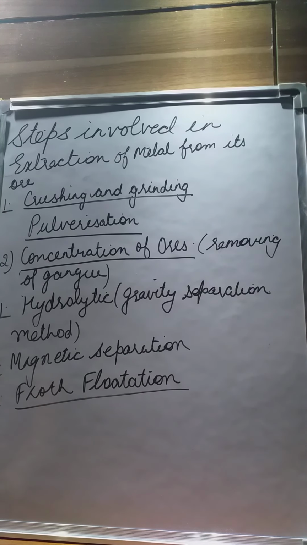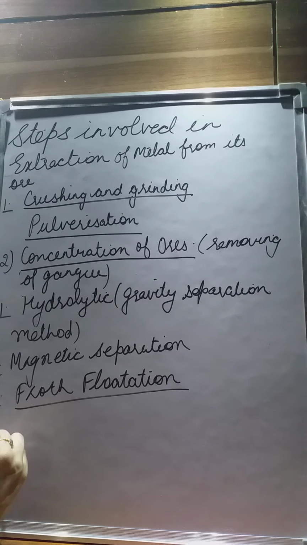Now boys, in this method, the crushed ore is taken in a large tank containing oil and water, and then it is agitated with a current of compressed air. The ore is wetted by the oil and gets separated from the gangue in the form of froth. As the ore is lighter, it comes to the surface with the froth and the impurities are left behind. Students, sulfide ores like zinc blende and galena are lighter than the impurities, so they are concentrated by this method, that is the froth flotation method.